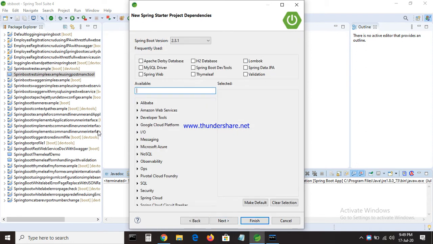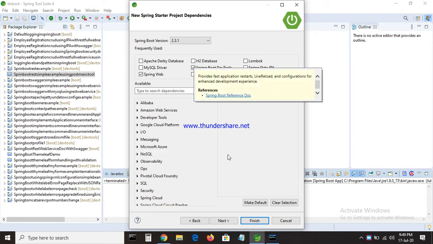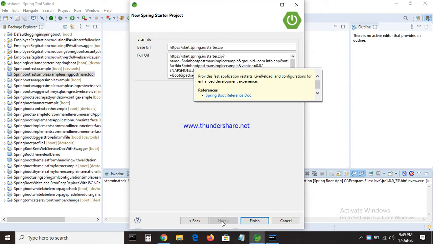Now we have to add Maven dependencies. Here I am using simply a REST endpoint, so I am using the Spring Web dependency. Then I added Spring Boot DevTools. We already know that Spring Web contains all the web related Spring dependencies. The Spring Boot DevTools dependency is used for